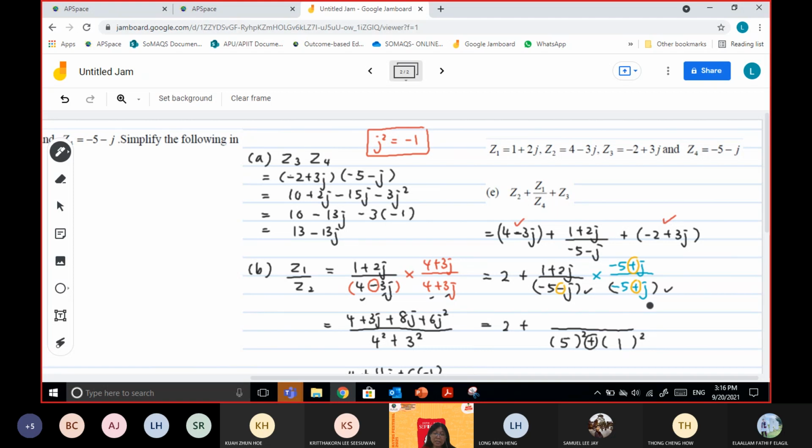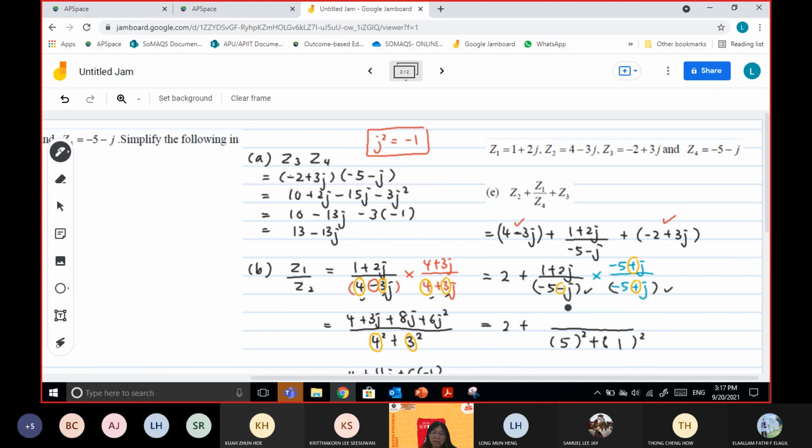So can you see earlier? I don't put the j. I just take the 3. So this is a faster way of doing the calculation. 4 square, and then here is a 3, right? So plus 3 square, 4 square plus 3 square. But if you really can't remember, then you can expand it like a normal expansion. It's not wrong, of course.